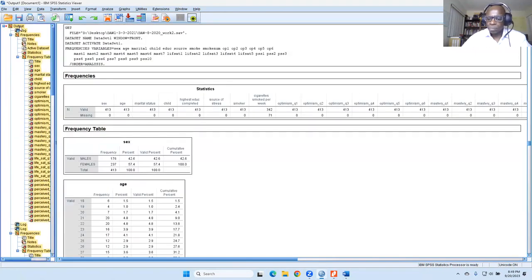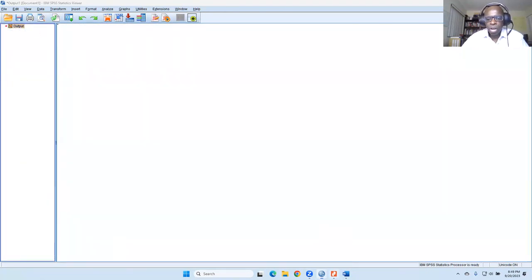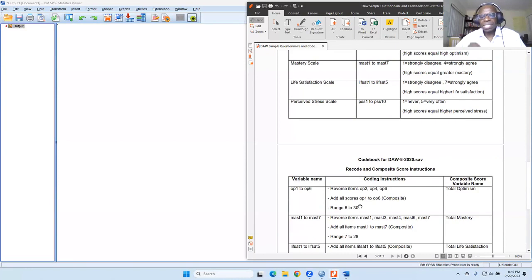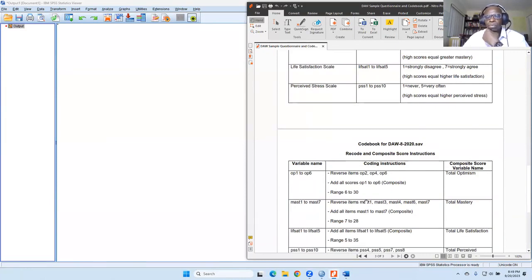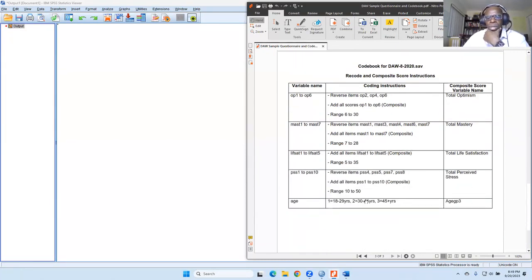Now, if we look in our code book, it says that we have some coding that we need to do. We've got to reverse code. So there are 6 optimism scale questions.